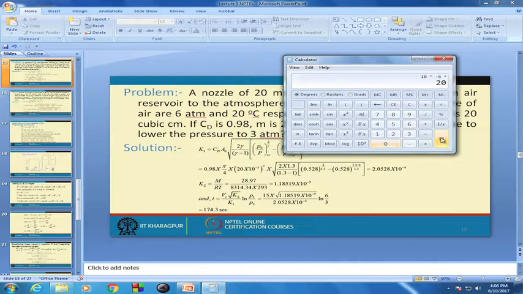So, this much meter cube is volume. Vc, K1 is 1.185 into 10 to the power minus 5,